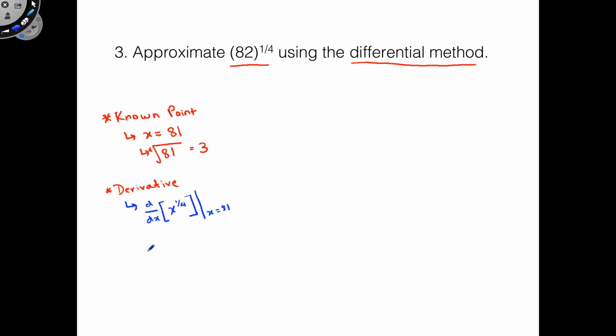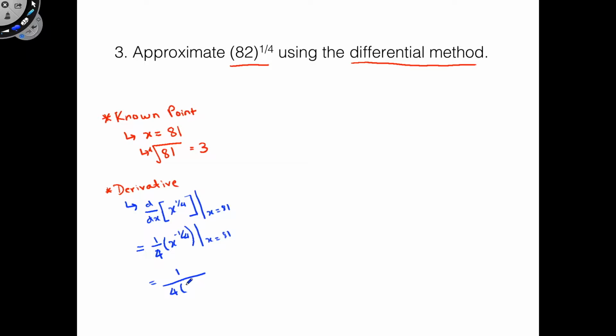So this would give us 1/4 x to the negative 3/4, evaluated at x equals 81, which is going to be